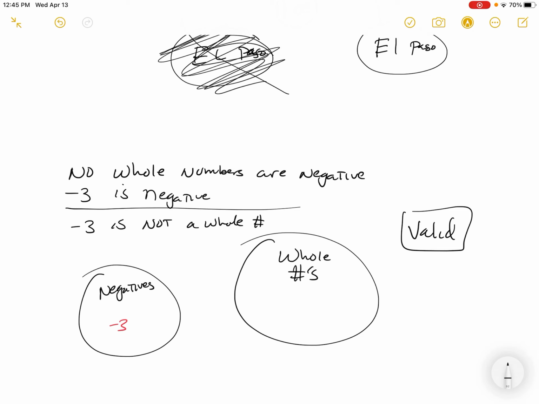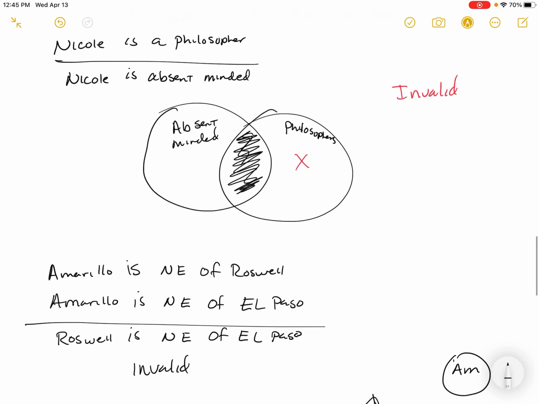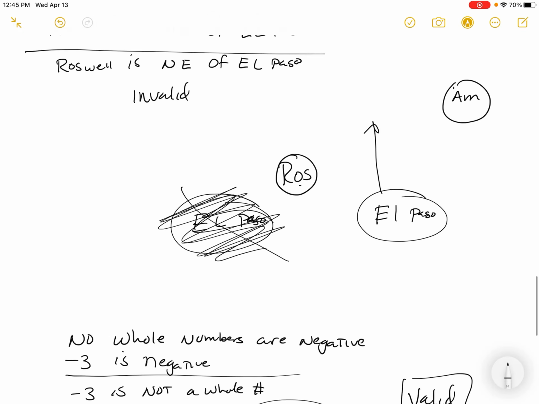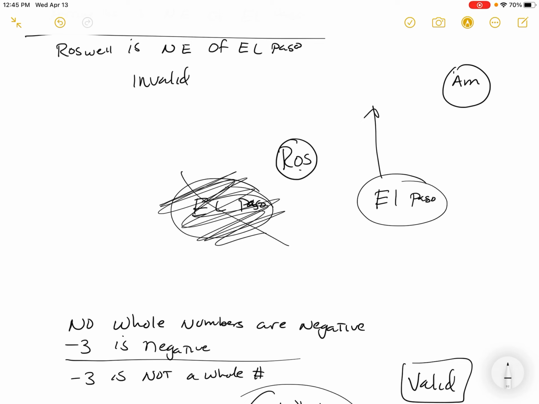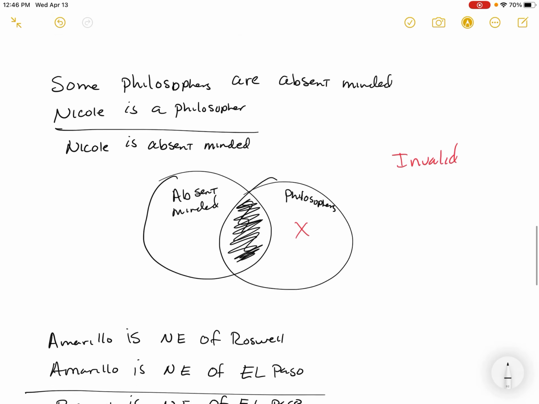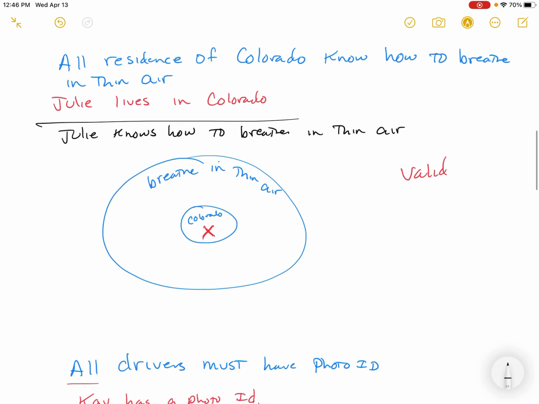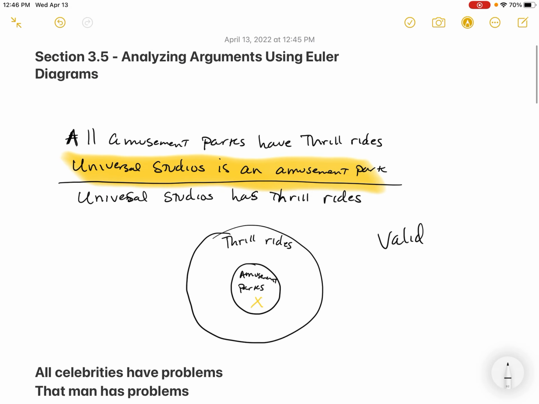And so sometimes I just want you to see what happens if they're disjoint from one another, if they're not part of it. I want you to see one where there was some overlap, and also ones where you're really just positioning things based upon a description of where they're laid out. But this is what the homework's like, and I think it will go pretty quickly. It's intuitive, and it's not using the truth tables. We'll do that in 3.6. So just a way to evaluate arguments, but very standard in there. So this will be the only video for 3.5 and should